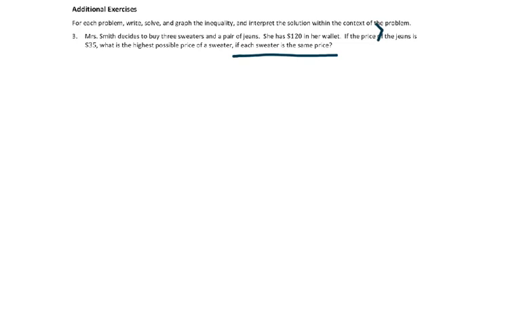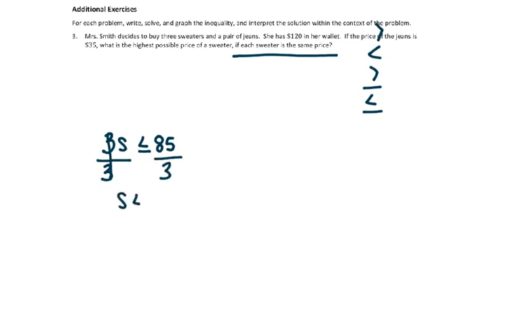So I got cut off right as I was rewriting my inequality. So I have 3s is less than or equal to 85. Now, since I know that 3 is being multiplied by my s, I'm going to do the opposite of multiplication, and I'm going to divide both sides of this inequality by 3. So I end up with s, or the sweater price, needs to be less than or equal to